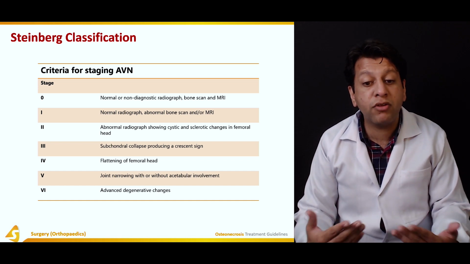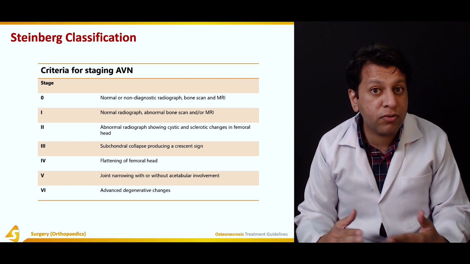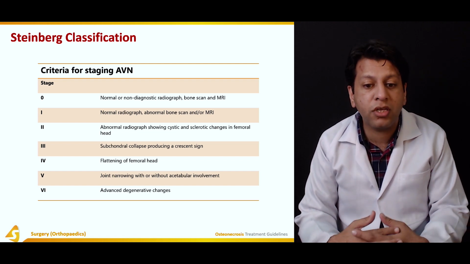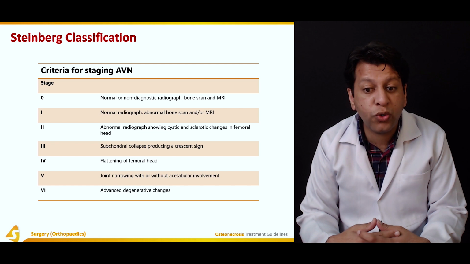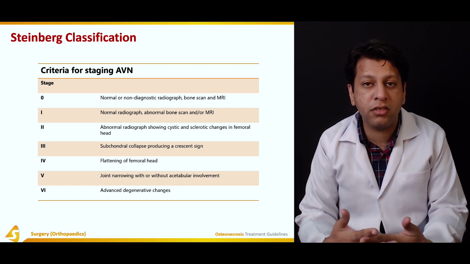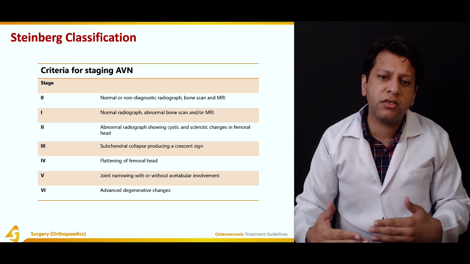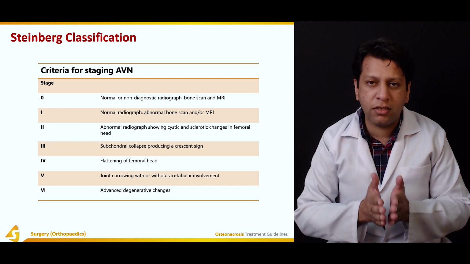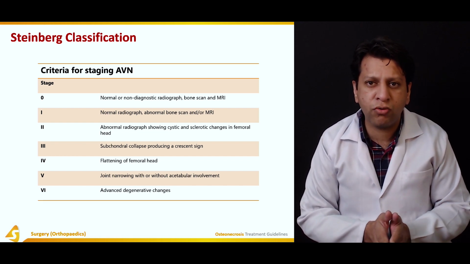Now, stage 4 was flattening of femoral head. That is where the Ficat staging ends. But it has actually progressed further into stage 5, which is joint narrowing with or without acetabular involvement, and 6 is advanced degenerative changes. So actually it's a slight modification of Ficat, but the main thing is that initially there is no radiographic